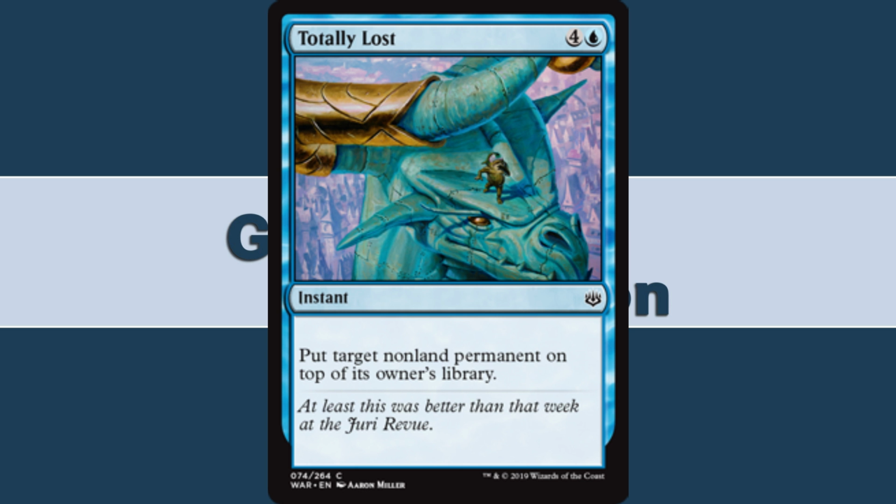Instant speed, put target non-land permanent on top of its owner's library. Now, this is particularly good when you have things that are good to bounce at instant speed, like maybe an onboard Anthem or something, but it can be used to reset your own Planeswalker if you want to draw that Planeswalker again, although the Teferi's Time Twist would probably be better used for that, because it comes right back down onto the battlefield. Totally Lost is fine, though, if you want to get a double blocker out of the way,